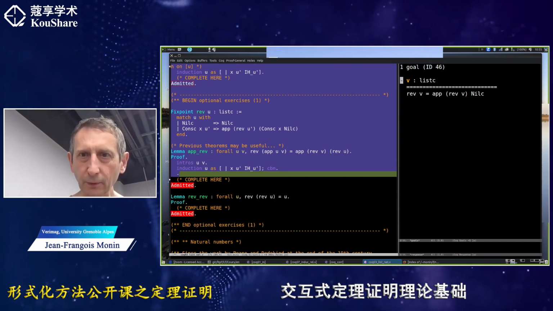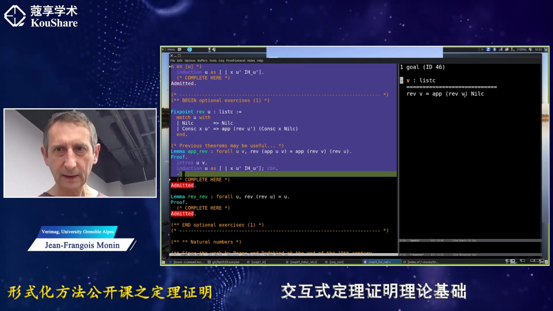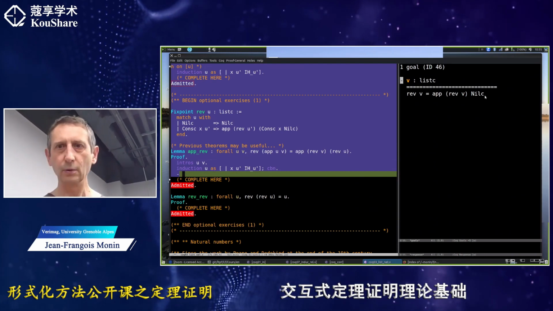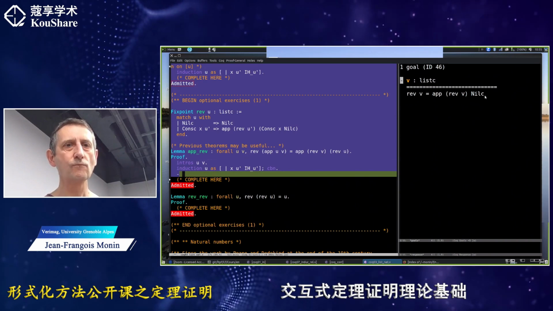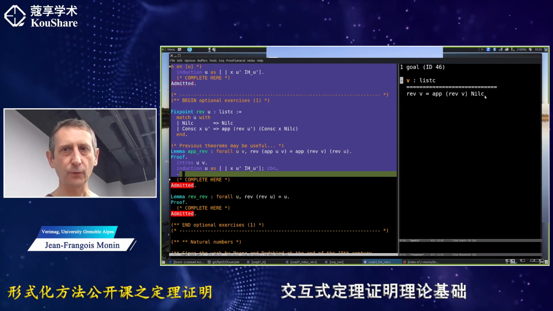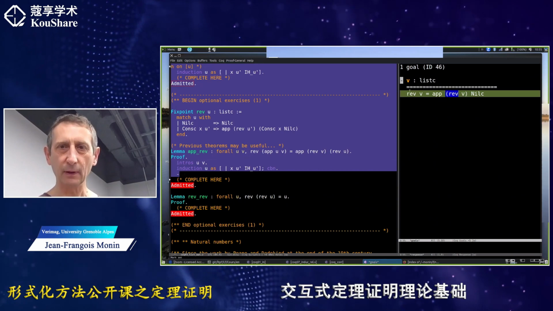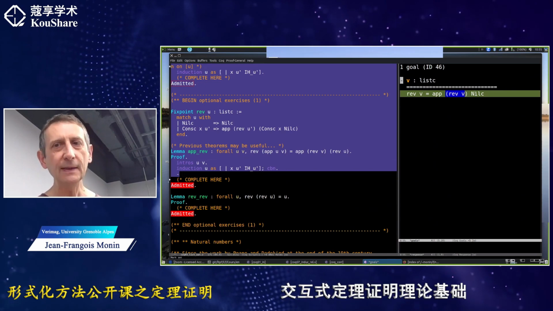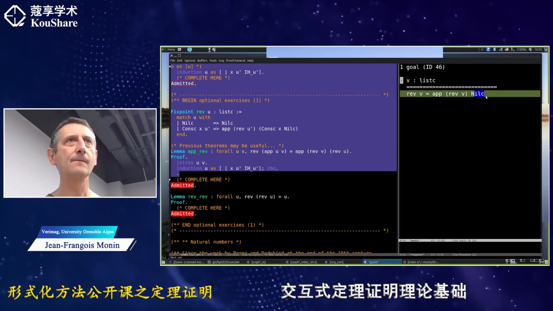So the first subgoal: rev V is equal to append of rev V and nil. How do you think I could deal with this goal? Intuitively, you have an append of this list, which is simple, and I have the same list here, appended to nil on the right. So here you should